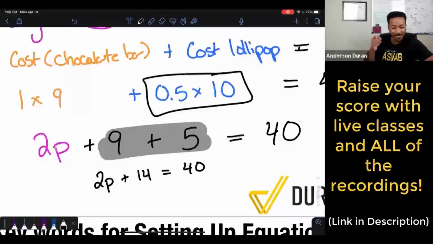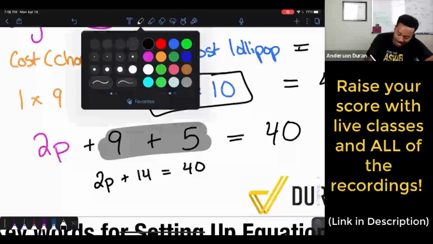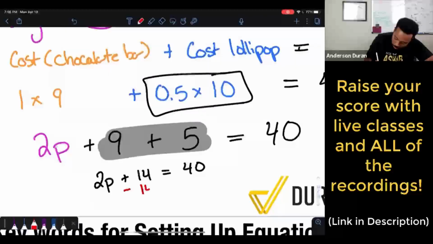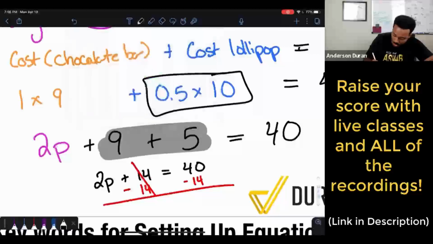Yep, subtract 14 from both sides. That's right. Yeah, we're going to subtract 14 from both sides there. Not 40, excuse me. We're going to go and cancel that out right there. And then we got 2p